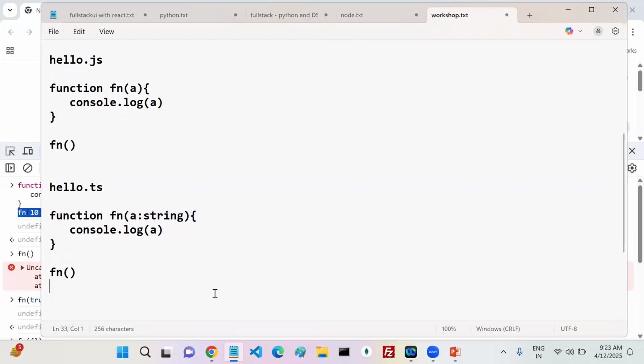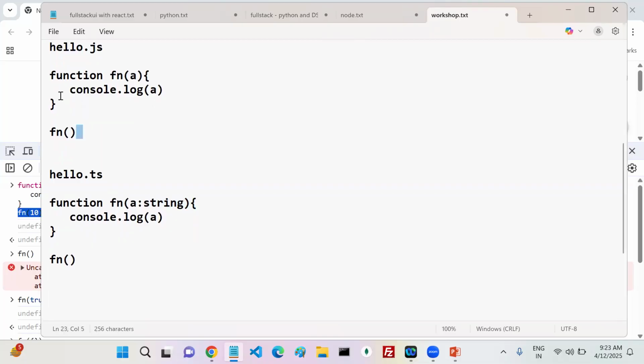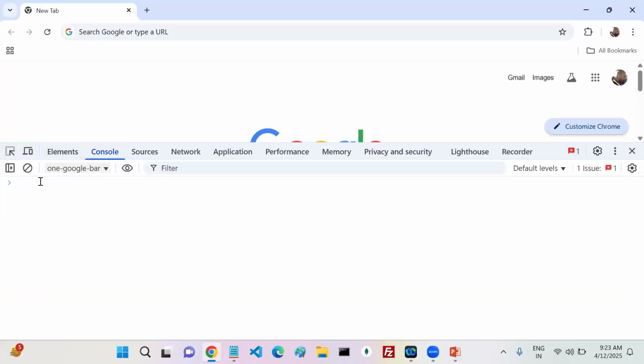Understood? Now my question is, if it is a JavaScript code, am I able to run it in the browser or not? See, I am able to run it. The value may be undefined or something else, but I am able to run it. If it is a JavaScript code, I am able to run it in my browser. Yes, I am able to run it in my browser. Why? Because my browser can understand three things. What are those? HTML, CSS, JavaScript. So JavaScript is understandable by the browser, and you can see the output.